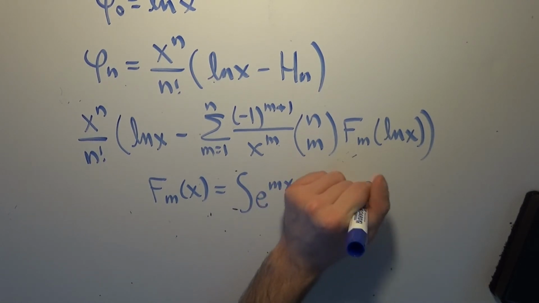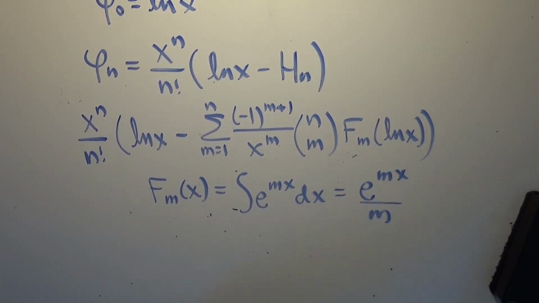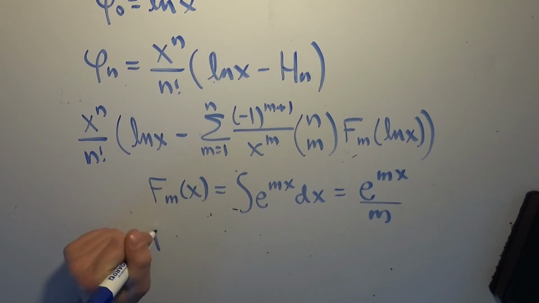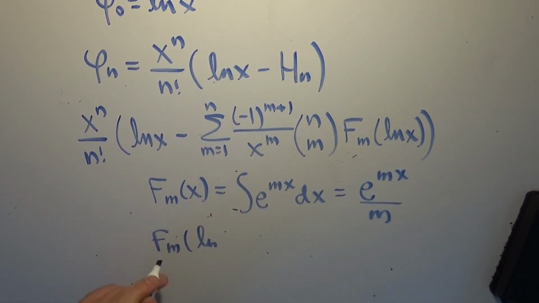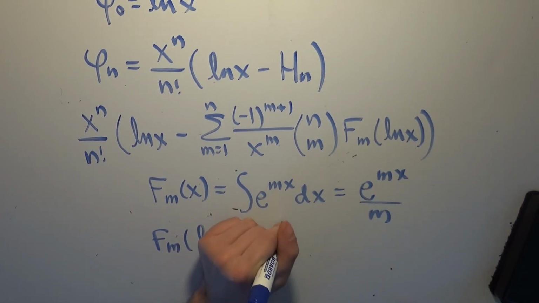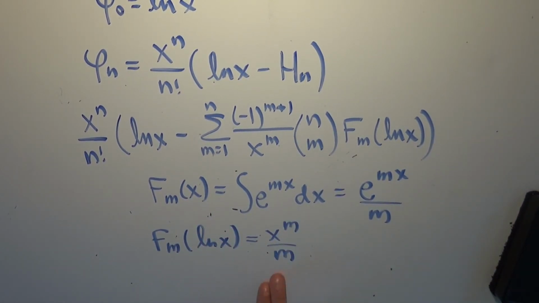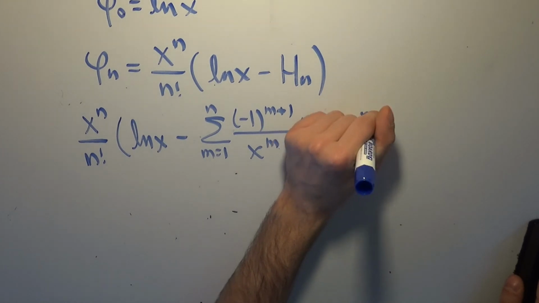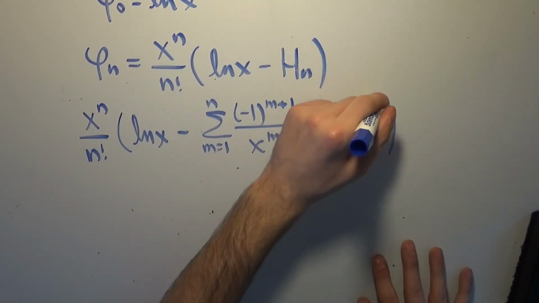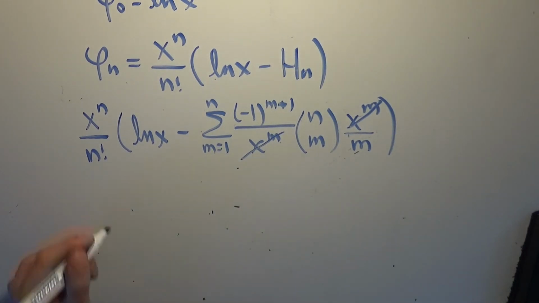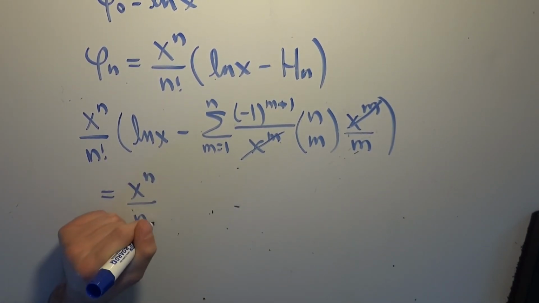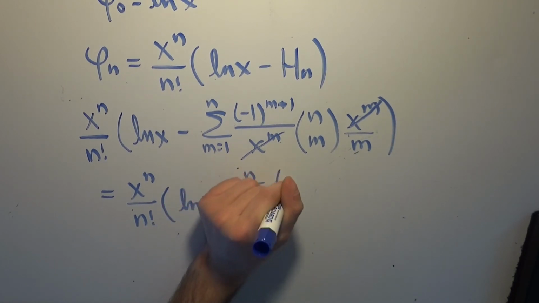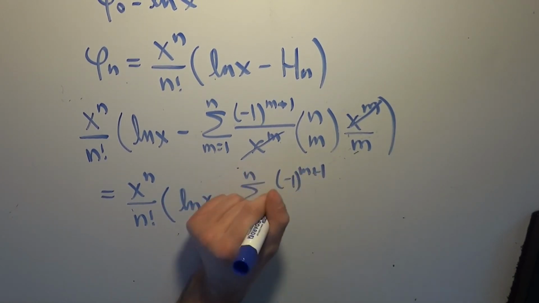But of course this is simple. This is just e to the mx over m. But of course we're not talking about just f sub m of x, it's big F sub m of ln of x. So we're plugging ln of x into there, and when we do that, we get that big F sub m of ln x is simply x to the m over m, which means we take this and plug it into there, and we end up with x to the m over m there. But of course, this x to the m cancels with this x to the m. And now we are left with x to the n over n factorial times the natural logarithm of x minus the sum from m equals 1 to n of negative 1 to the power of m plus 1 over m